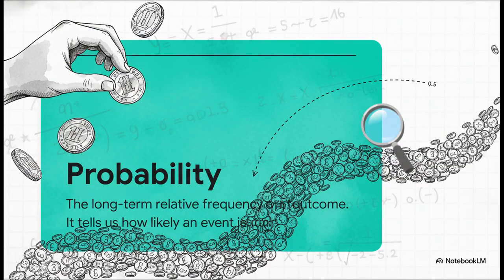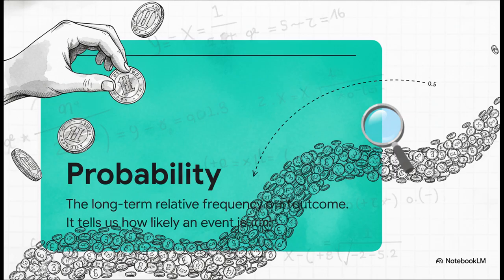Okay, so here's the official definition from your stats class. Probability is the long-term relative frequency. Now, that sounds a little academic, I know, but the idea behind it is actually pretty simple. See, probability isn't about predicting what happens on one single coin flip. No way. It's all about the pattern you see when you do it over and over and over again, like